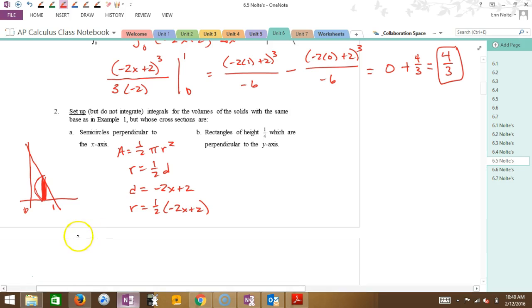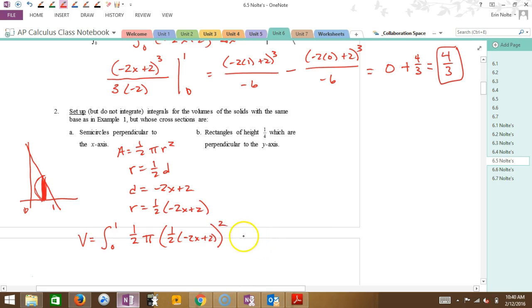Ready? So the volume is equal to, what are our x bounds? What two x bounds do we hit? 0 to 1. Okay, times the radius, or excuse me, not the radius, the area. The area of the semicircle is 1/2 pi. And then I'm going to fill in my R. So R is 1/2 negative 2x plus 2